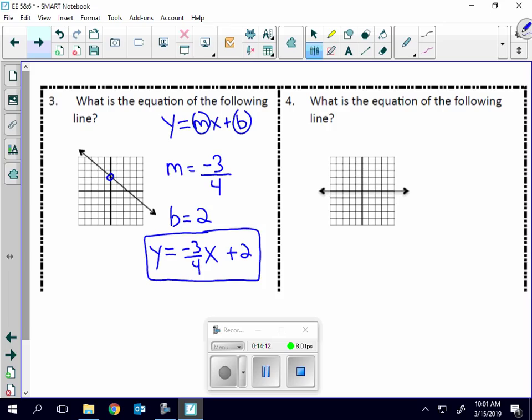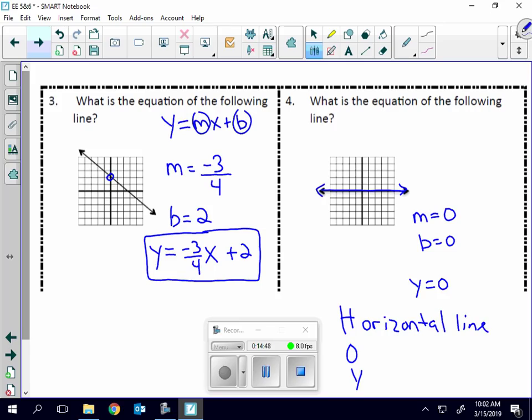Okay. What is the equation of this line? You should know that without having to do anything. When it doesn't have a slope, it doesn't go anywhere. The slope is 0, right? The slope is 0. And the y-intercept is 0. It's just y equals 0. But you should know that it's a horizontal line with a 0 slope,